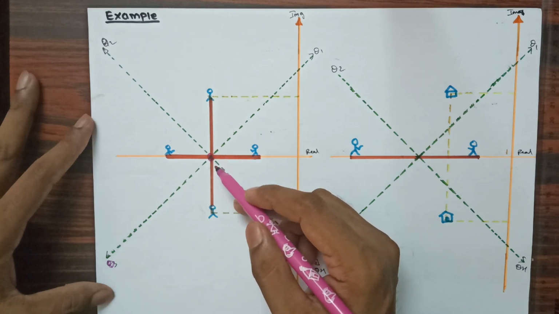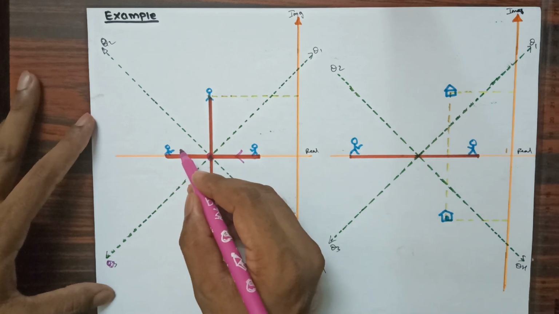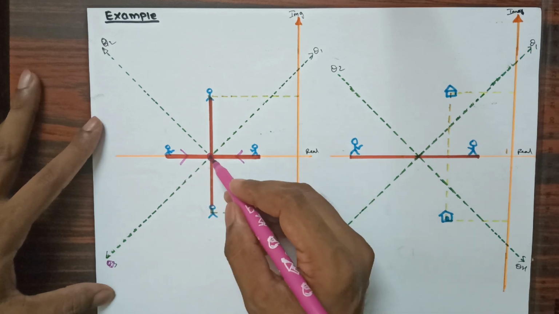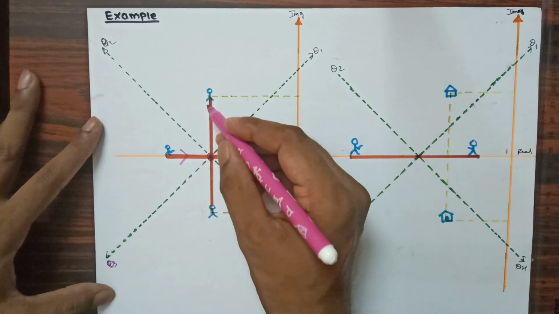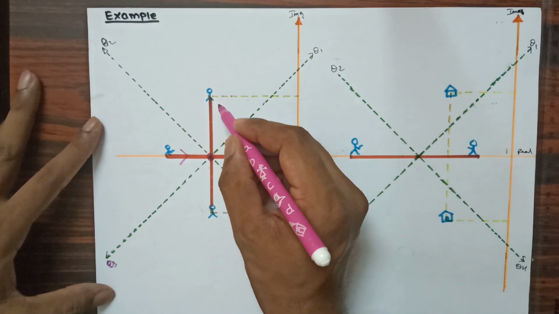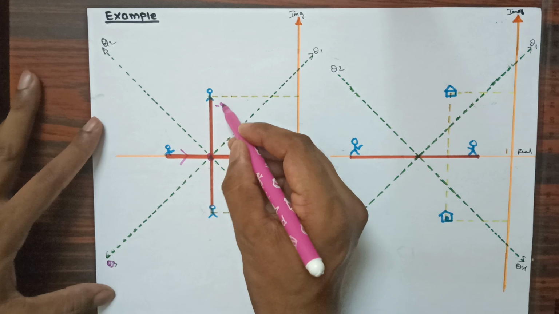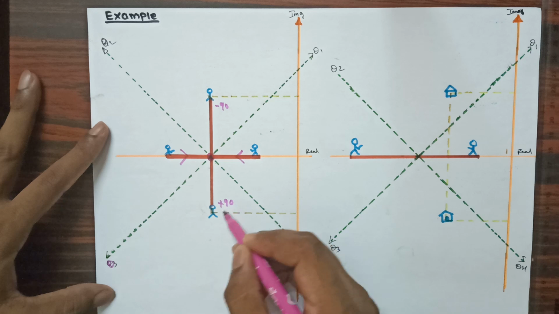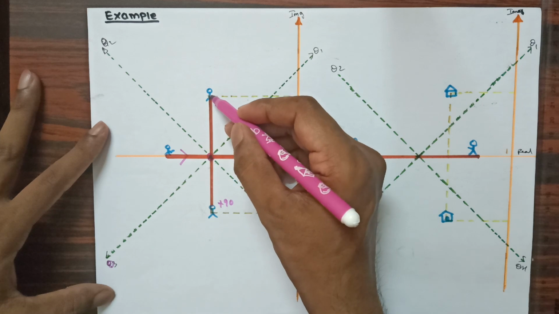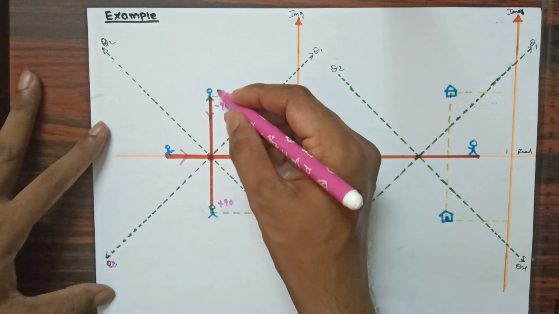Now when I apply the input, this person will start to move in this direction and this person will start to move in this direction. I have provided only one breakaway point for all these 4 persons. Therefore this person will come downwards. For this person I have given an angle of departure of minus 90 degrees, and for this person an angle of departure of plus 90 degrees. This person will move in the upward direction with an angle of plus 90 degrees, and this person will move downwards with an angle of minus 90 degrees. So in this way they will try to move.